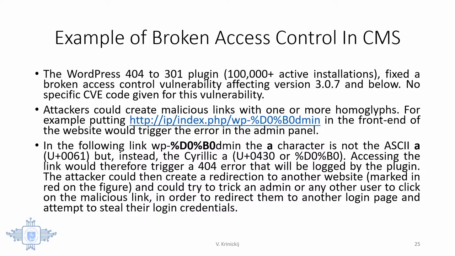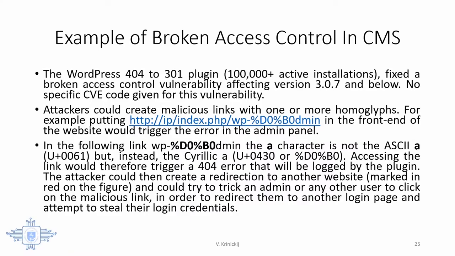One of the examples I wanted to present here is a plugin that enables logging of bad URLs in the web application. For example, an attacker could create a malicious link, and here he uses a homoglyph. It's a WordPress installation, but he uses a homoglyph to access the admin page. He knows that an A character is not an ASCII character, but a Cyrillic A character, which can be encoded differently, and he can inject that